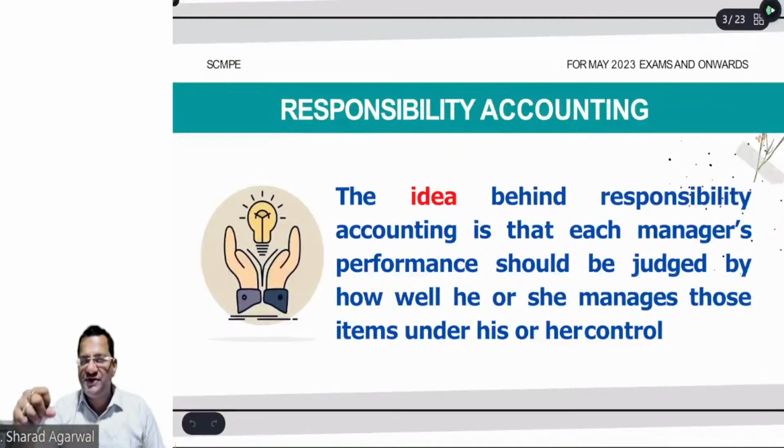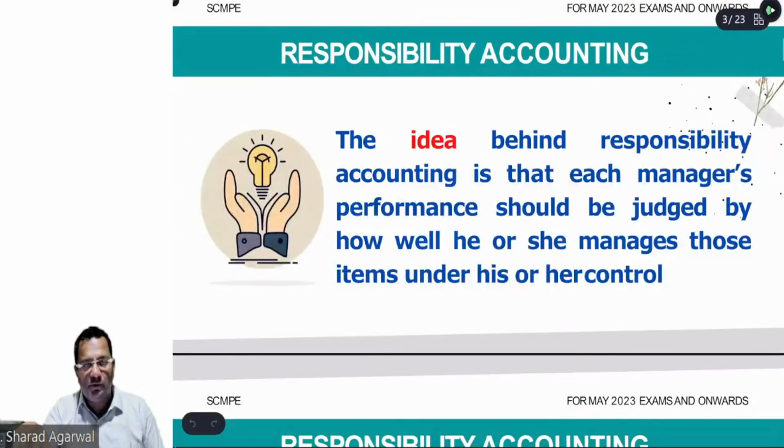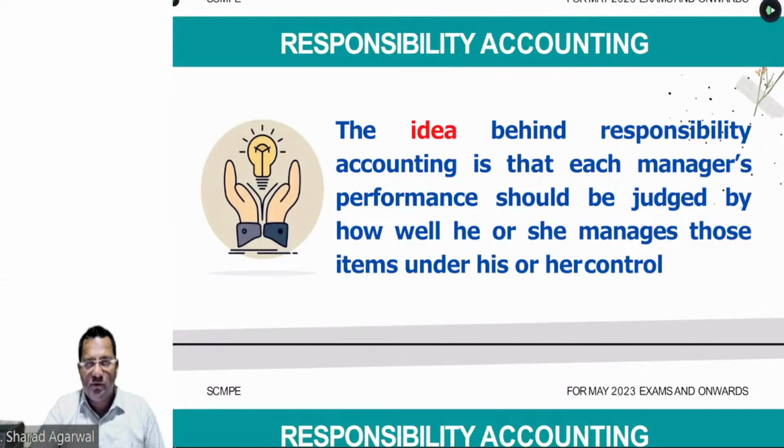What is the basic objective behind responsibility accounting? We have already given them autonomy to take decisions on their own in the best interest of the organization. So the objective of responsibility accounting is simply to check whatever decision has been taken by the departmental manager due to the autonomy given to them, whether that decision has benefited the company, whether the departmental head has taken the decision in the best interest of the organization or not. This is the sole purpose of responsibility accounting.